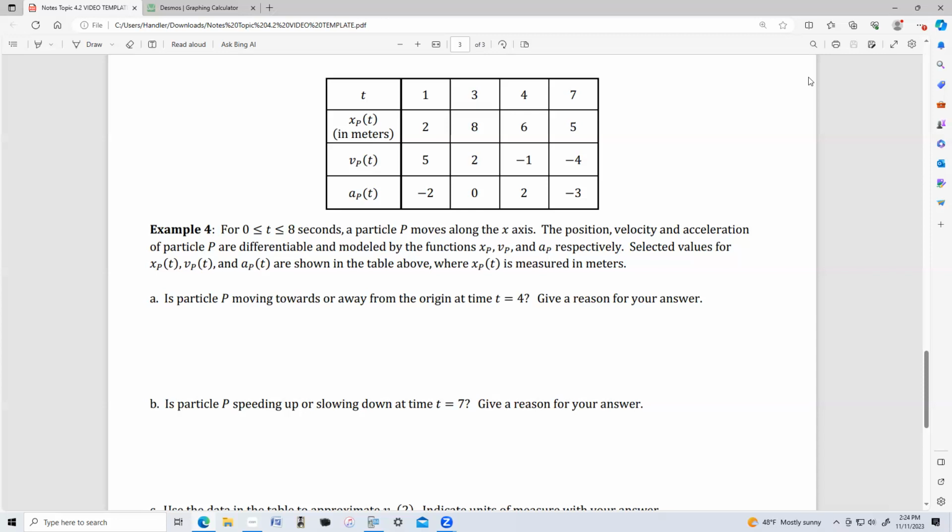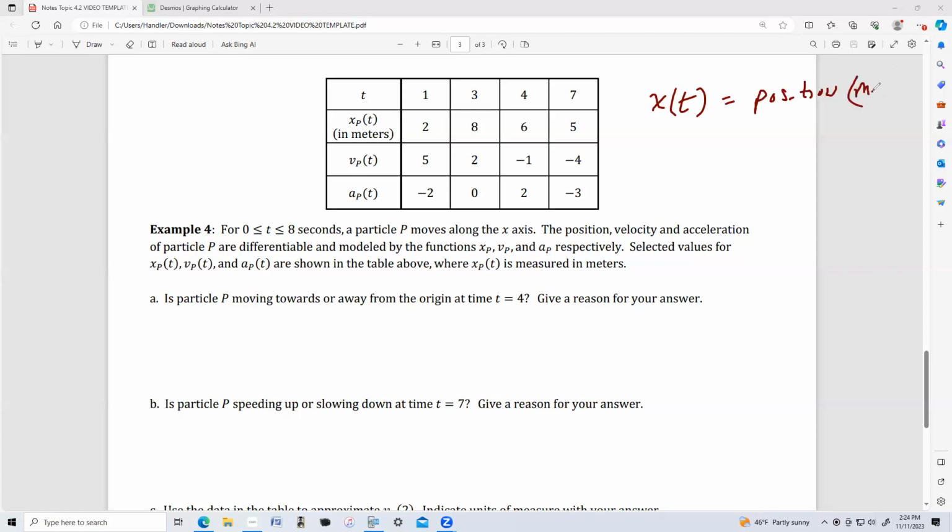Selected values for x, the position function, v, the velocity function, and a, the acceleration function, are shown in the table where x of t is measured in meters. Okay, so in this function for x, x of t is going to be seconds go in and meters come out. Okay, so this is position